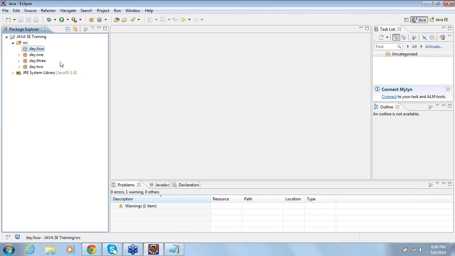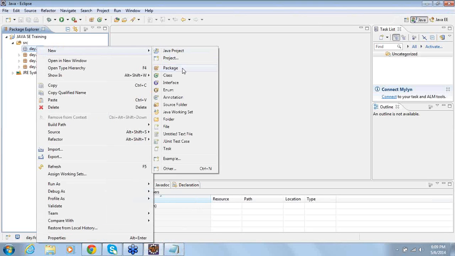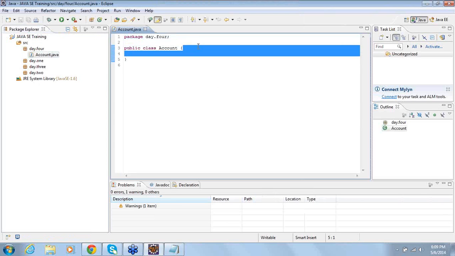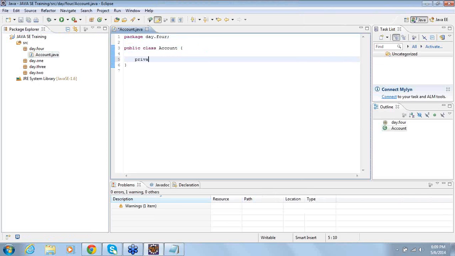So let's start creating this. First, let me create a class called account. And a class has attributes. What attributes do you see for a class? There should be an account number. Now what is long? Long is a data type too, the way you have an int. Whereas the range of integer is very small, the range of long is bigger compared to your integer. Long represents the integers group,